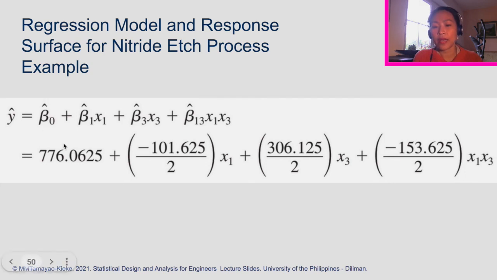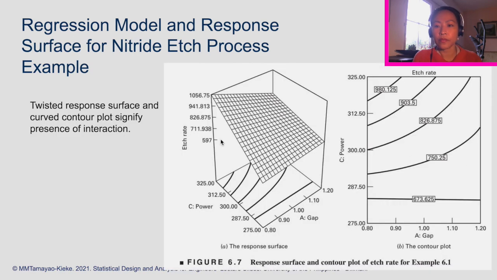Again, beta hat naught is equal to the average of all observations. Beta hat 1 is equal to the effect estimate for factor A divided by 2, times x1, which is a coded variable. And then similarly, beta hat 3 is the effect estimate for factor C divided by 2. And then you have here the effect estimate for the interaction of A and C divided by 2 times x1 x3. Now we can use that regression equation to construct the response surface, as you can see here,